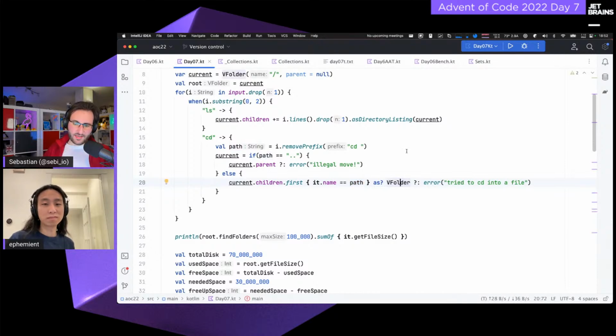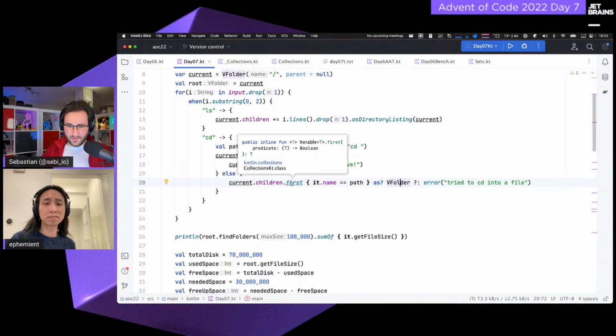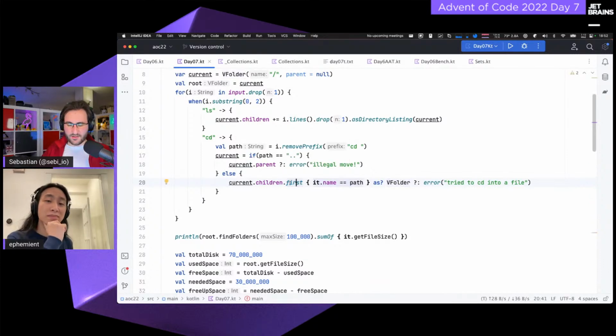And since I'm using a class hierarchy, since this is going to return me a node, I need to make sure that this is an actual folder. Otherwise, we would have tried to change directory into a file. That wouldn't work. Okay, and with that, we have all the input parsed.